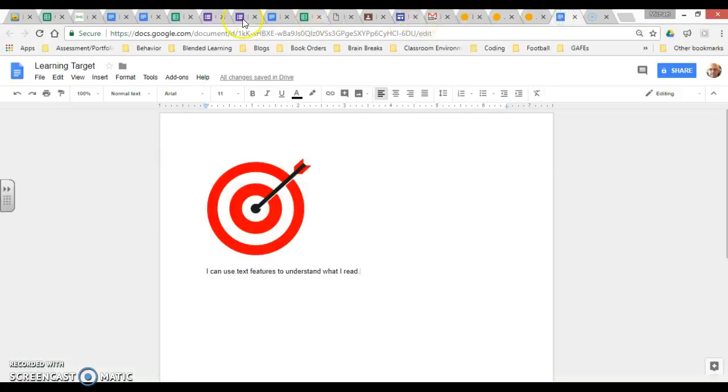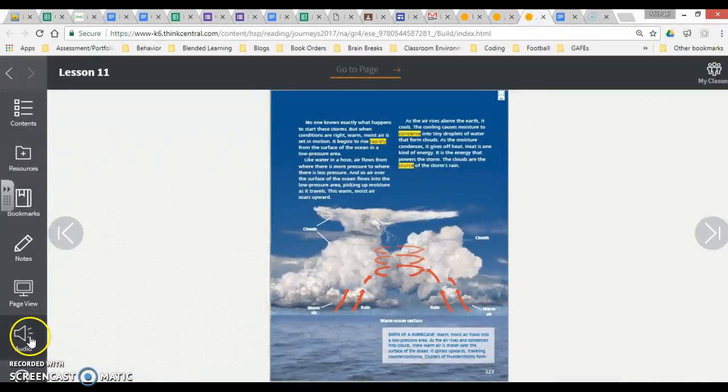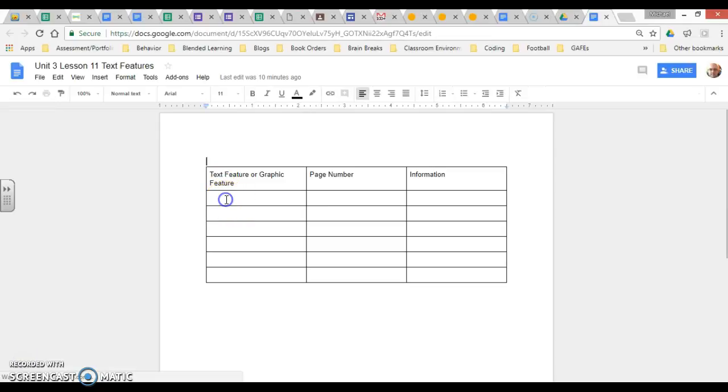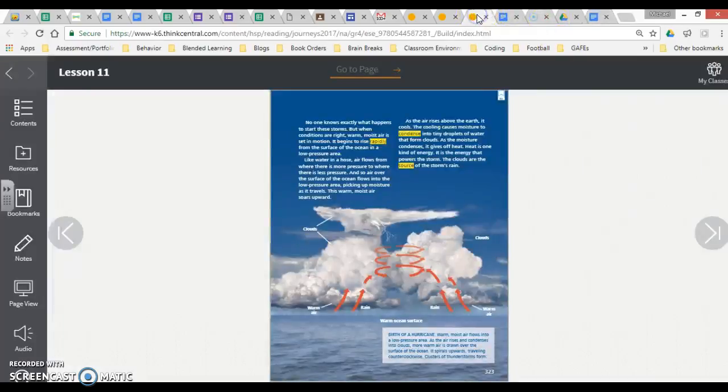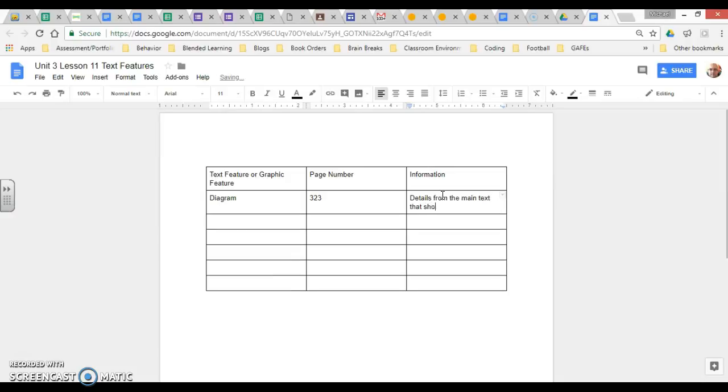So now what I'm going to do is show how to fill in a graphic organizer for this. Oops, I am losing my place here. So I'm going to write what the text feature or graphic feature was. What I can call this is a diagram. Then I need to look at the page number. So the page number is 323. And then the information that it tells me is details from the main text that show